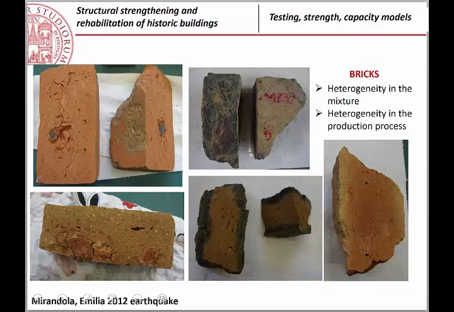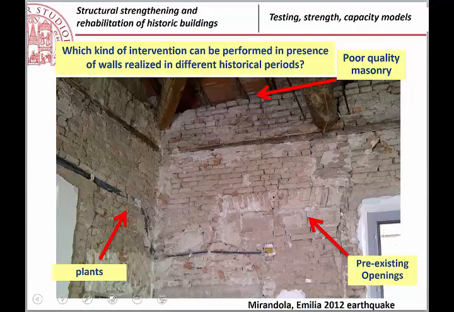Good clay bricks must be cooked, of course, but very often in poor quality masonries we can find uncooked bricks. When I say uncooked, it means bricks that are made just by putting some pressure and not cooking them. Of course, the strength of these bricks is probably 1/5 or 1/10 of the strength of good quality, cooked bricks. This is an example of a building where I was involved in the restoration,